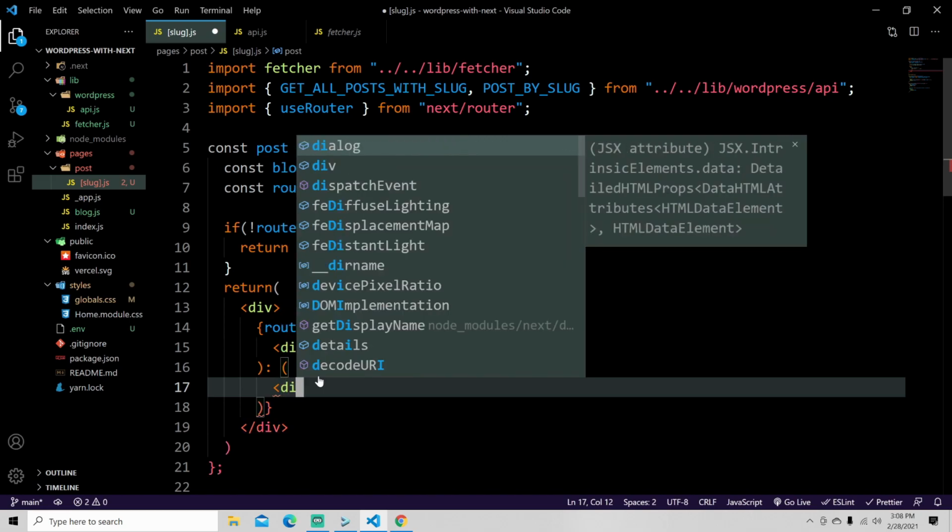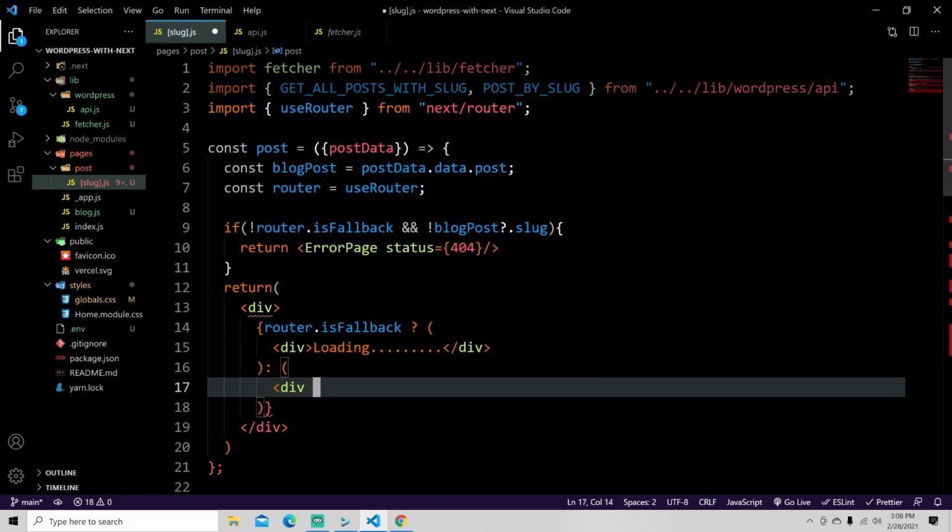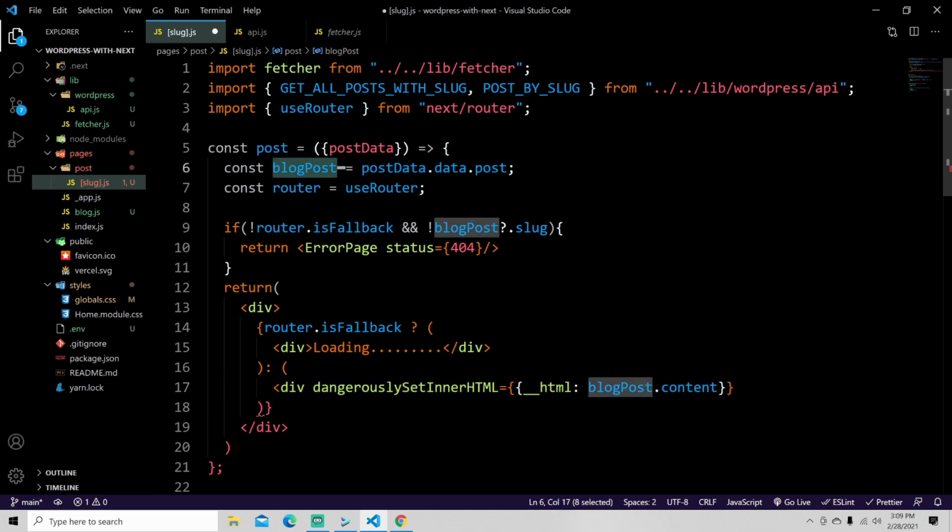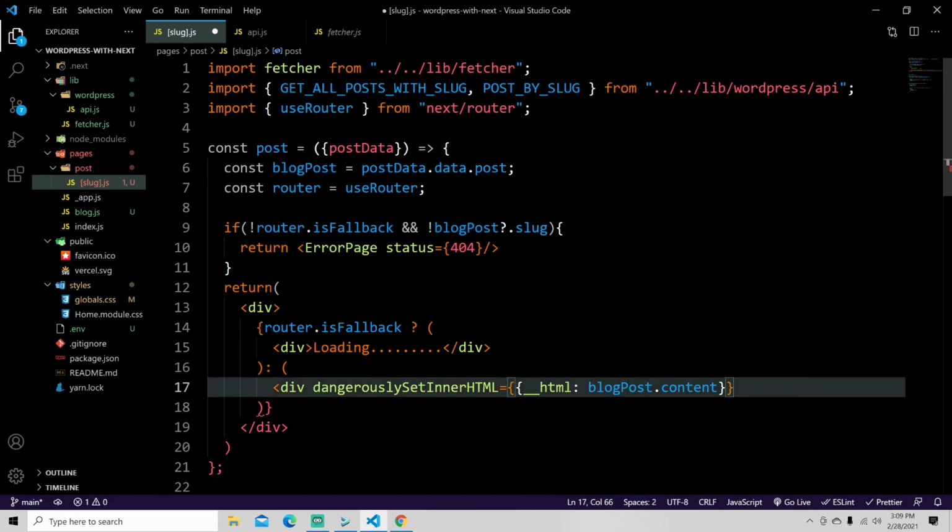And let's do a div. And inside of this div, we can do dangerously set again. So it's just the word dangerously set inner HTML equal to HTML blog post dot content, which is this blog post dot content, and then we can close this out and just hit save,